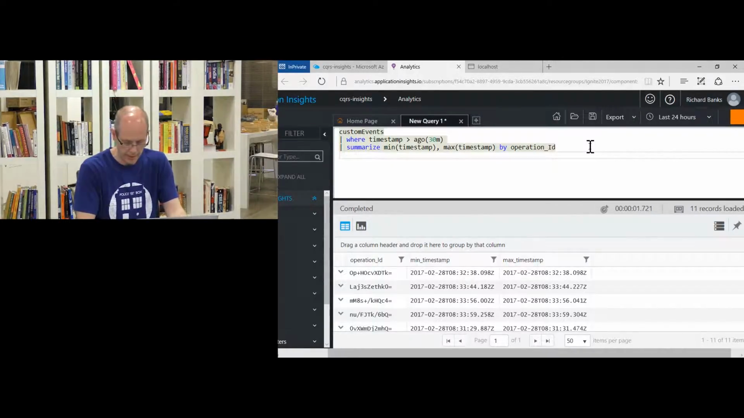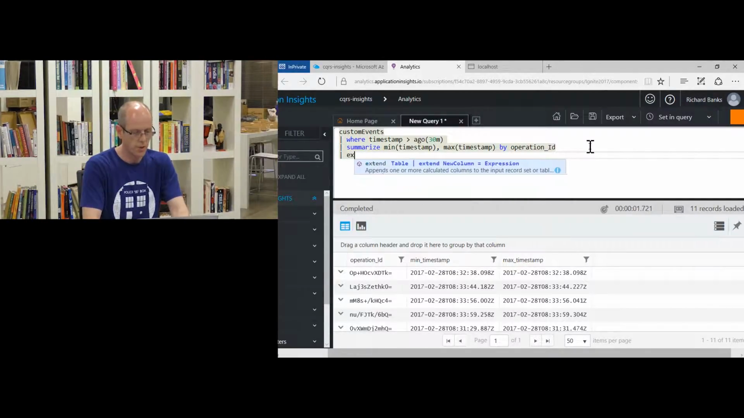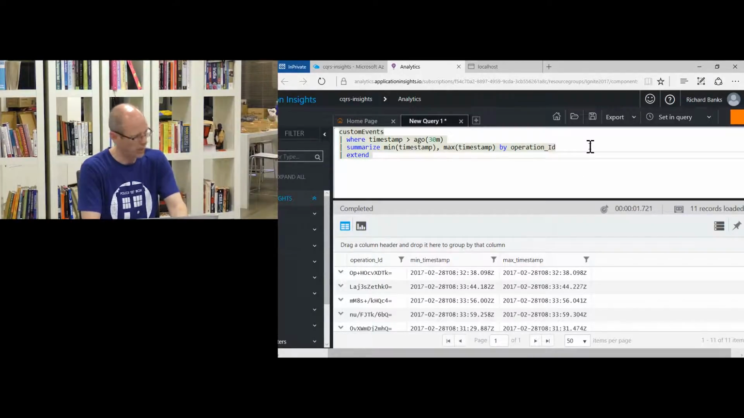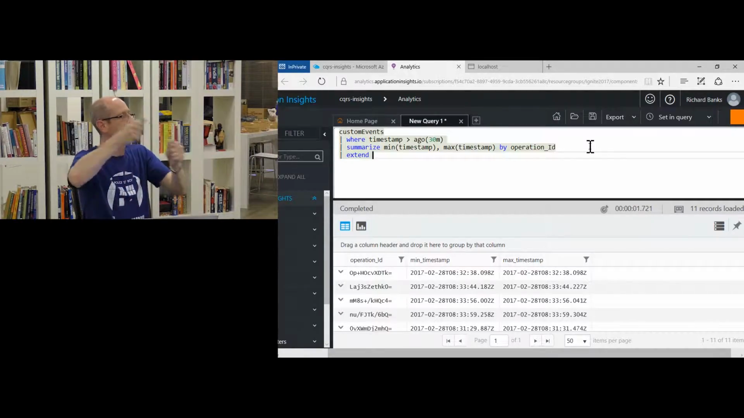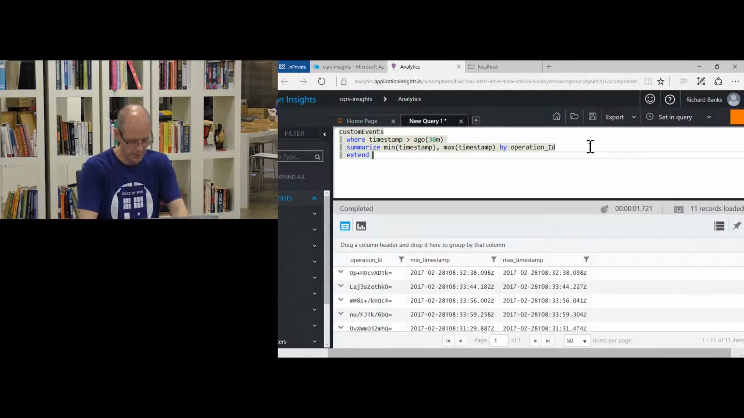I could do something like, well, actually that doesn't really tell me how long it took, it just tells me the start. So what I do is I extend my table, which seems a bit weird, right? But effectively what I'm doing is I'm taking my table, piping it into an operation that adds a new column on the end of it. So I'm going to extend it by adding a column called duration, great name, Richard,